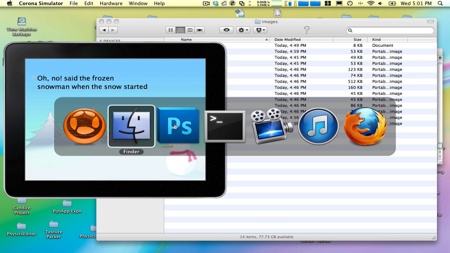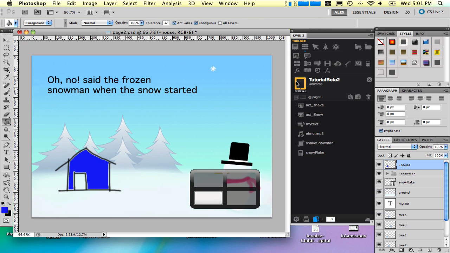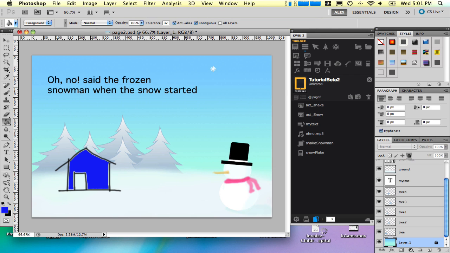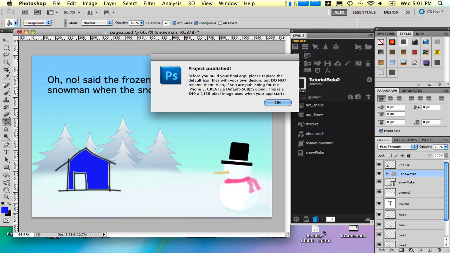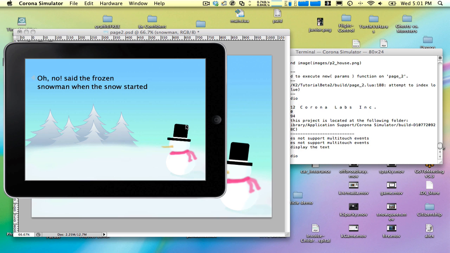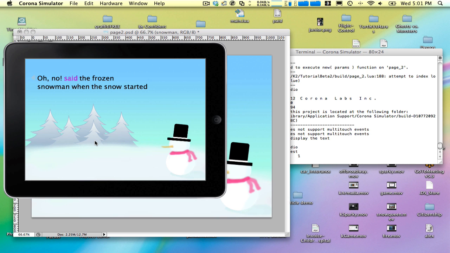So if I come back here to Photoshop and publish again, the house will not be generated anymore, because again, it has the dash in the beginning. The page will start in page 2, and again, when you click here, said the frozen snowman, there's no man shakes, there's no snow comes, and